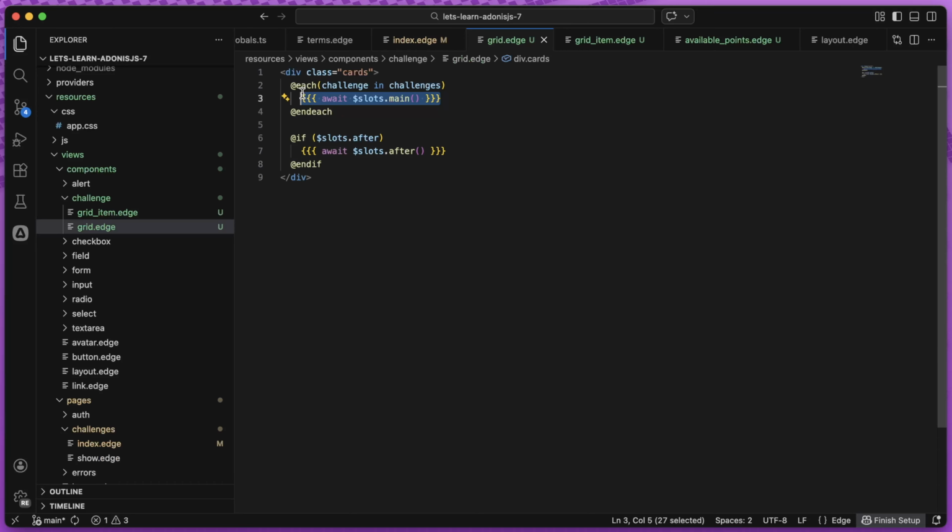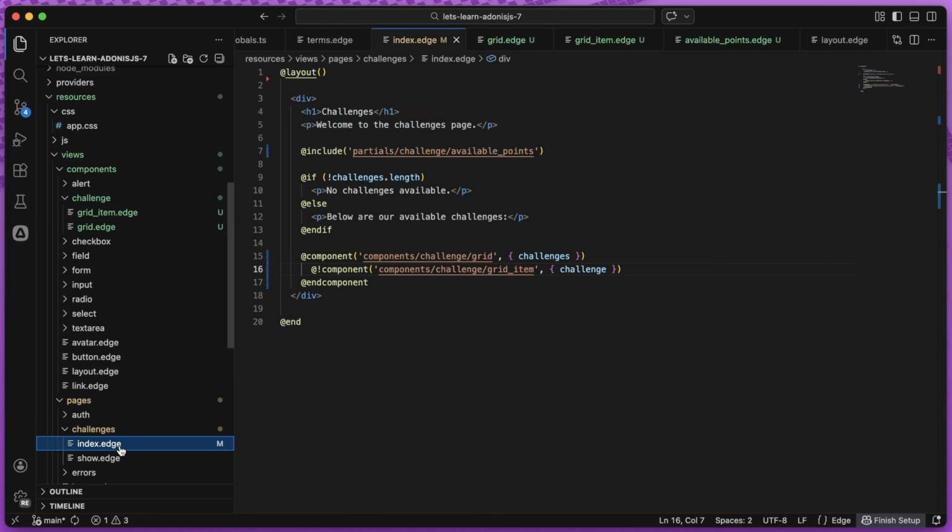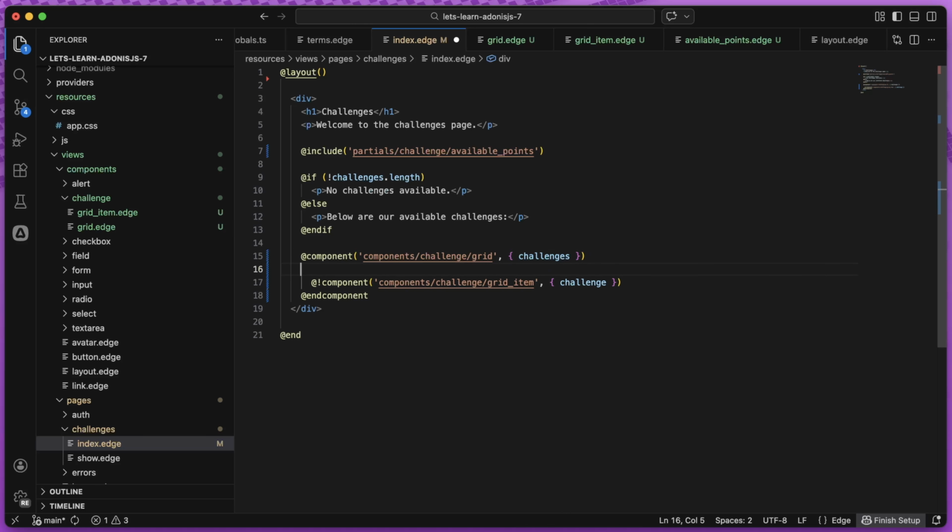The only problem here is, though, if we jump back into our index page, we don't have access to the challenge variable from that specific item that we're looping over inside of our grid. One option that we have to fix this, though, is to use slot scopes. Slot scopes allow us to provide contextual information from inside of a component and pass it through to the slot content to use. To add this in, we can use EdgeJS's @slot tag